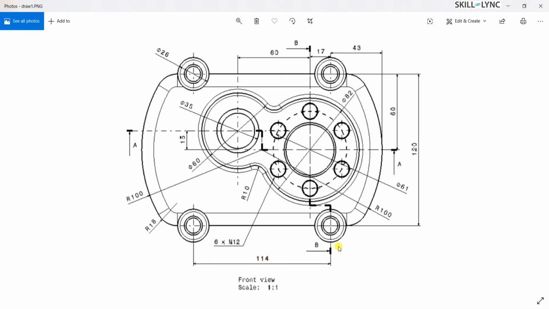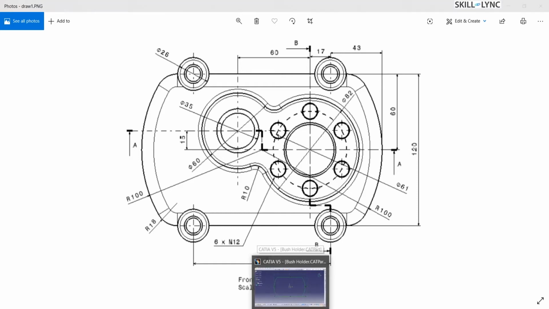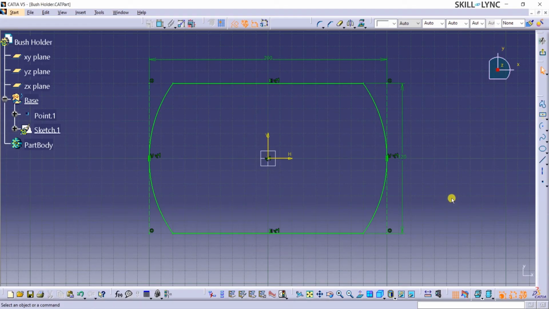In the drawing, we can see that the corners are curved. We could use the corner command from the operation toolbar to achieve this. But it is advised to do this operation at the part design or surfacing level. Having curved corners at the sketch level will sometimes make it difficult to add further additions to the sketch. Let's click on the Exit Sketcher to proceed further.